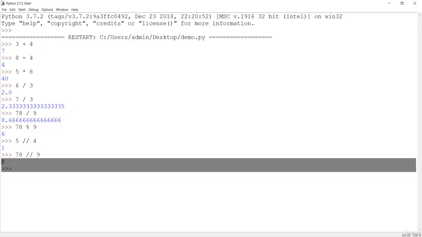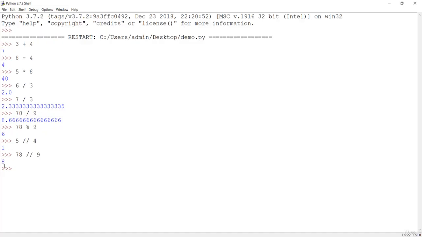It is giving us the whole number as the result. If you see, 78 modulus 9 was 6, so it is just erasing that remainder and giving us the whole number adjusted to the left on the number line. That means this 8 is given over here in the floor division, and we normally call this floor division.